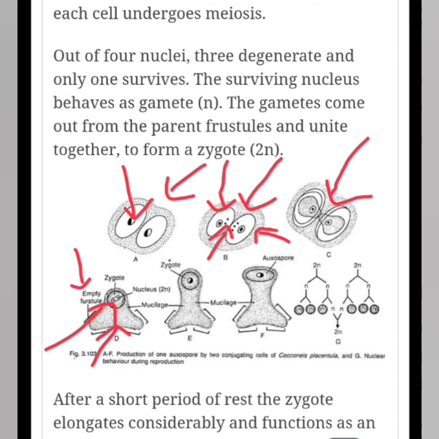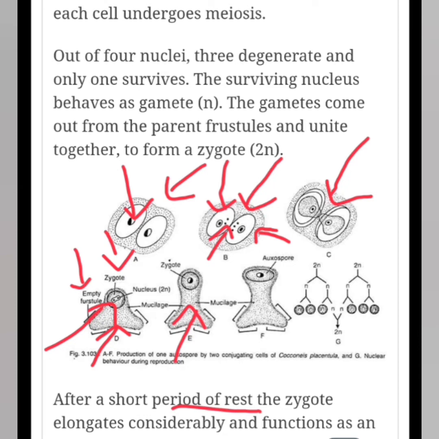Because the gametes from these two frustules in figure C come out and unite together to form a zygote. So this zygote is diploid, and this is the mucilage sheath, and these are the empty frustules. After a short period of rest,